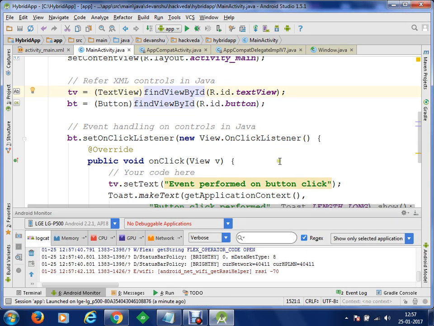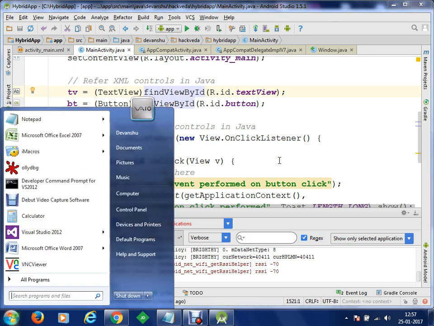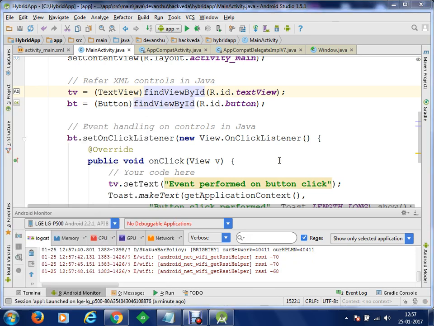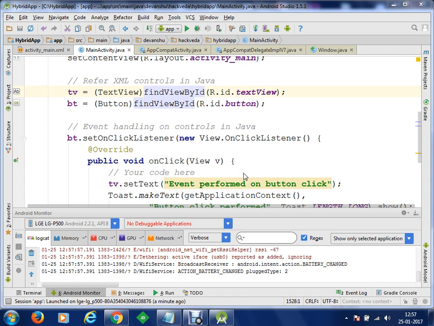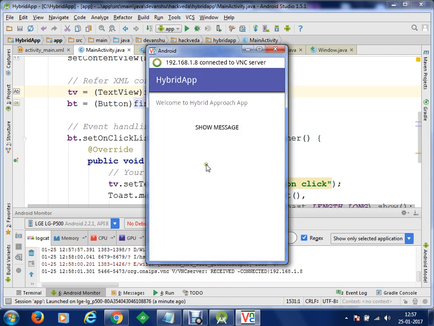The moment our application is running on the device, in order to view that, I'm going to connect using VNC viewer, to the IP address of my phone. Let me just connect that, and now you can see that your hybrid approach is running at the moment.